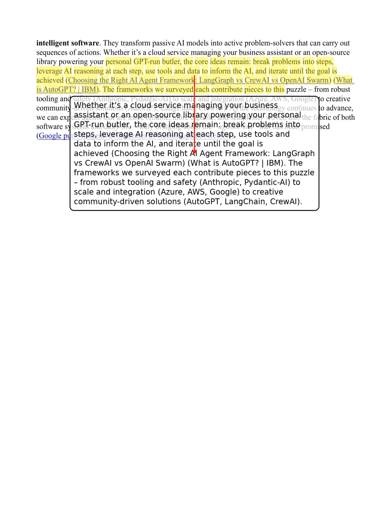We had a chance to look at both the commercial offerings from the tech giants and the vibrant world of open source solutions. We saw how companies like Microsoft, Google, and Amazon are building platforms and tools to make agentic AI more accessible to businesses. And we explored some fascinating open source frameworks like AutoGPT, Pydantic AI, and CrewAI, each offering its own approach to building and managing AI agents.